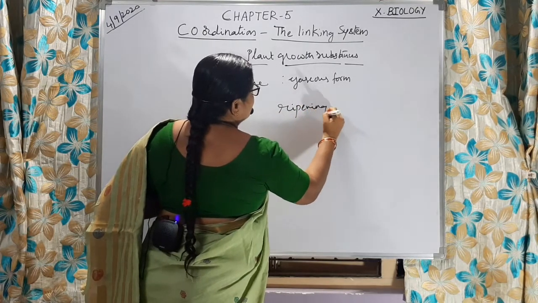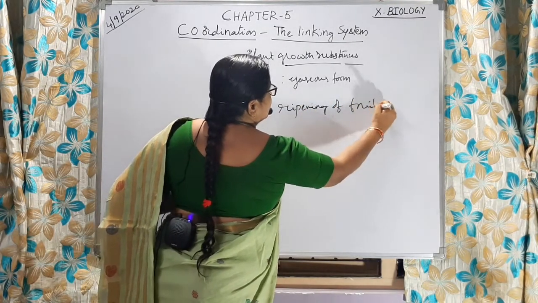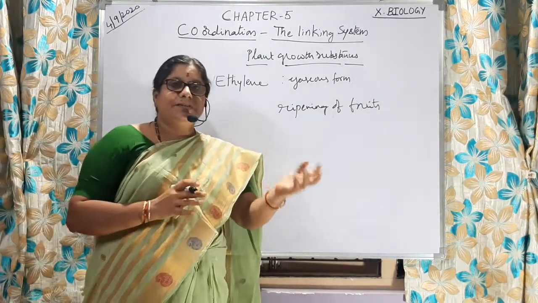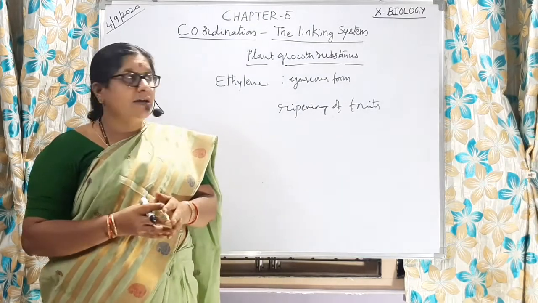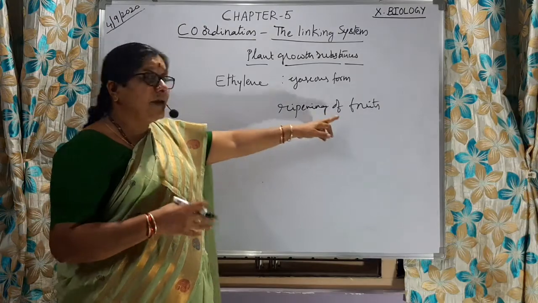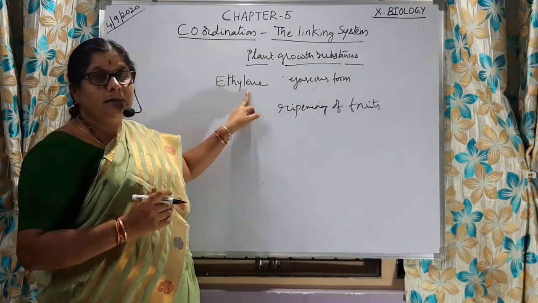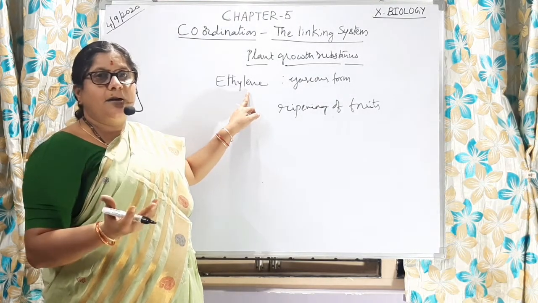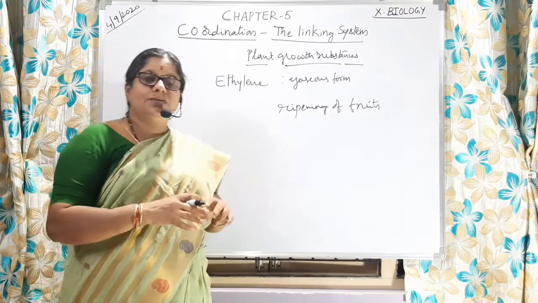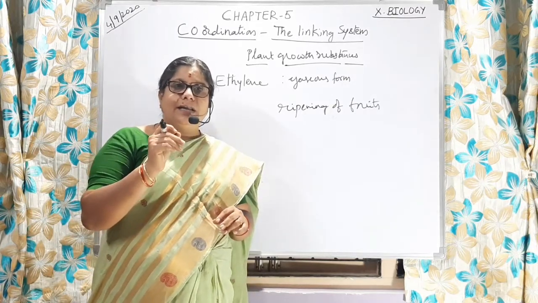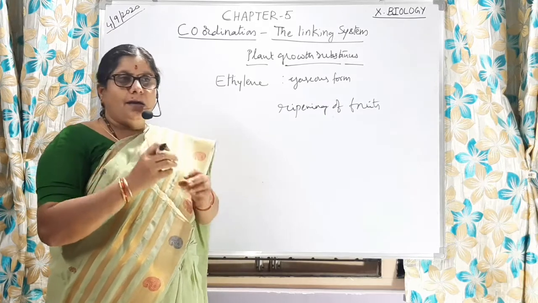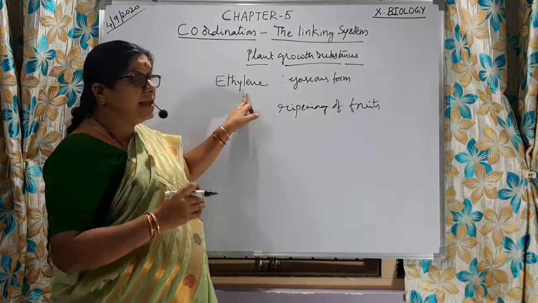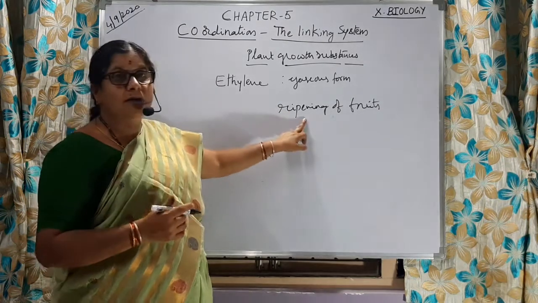Ripening of fruits I will write. Here kacha tomatoes, if they are kept with the ripened tomato, these are also going to become ripened. So ripening of any kind of fruit is happening because of ethylene. Like that other fruits also you can observe, raw mangoes and ripened mangoes, if 1 or 2 are kept, others also will ripen, or any soiled or cut piece of fruit if you are keeping, it releases gaseous substance ethylene, and it also helps in promoting ripening of fruits.